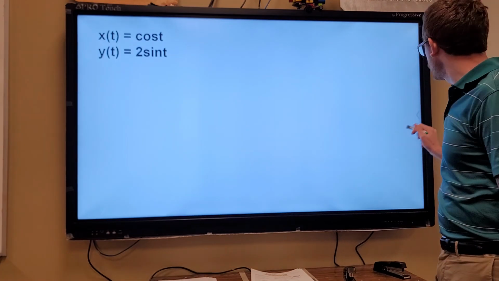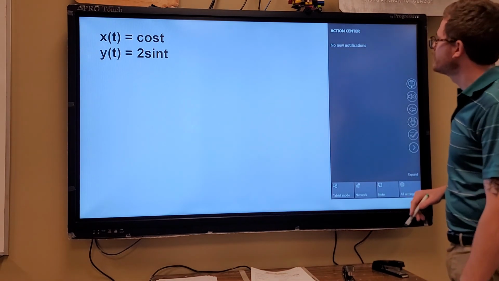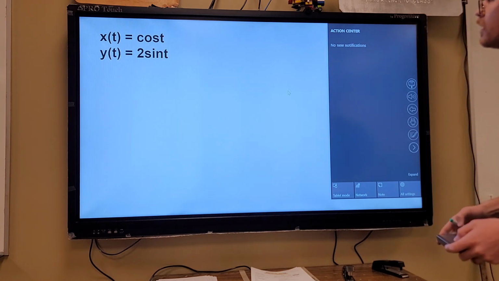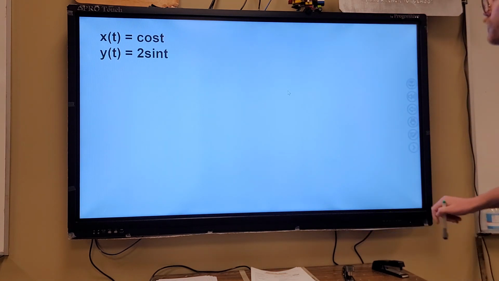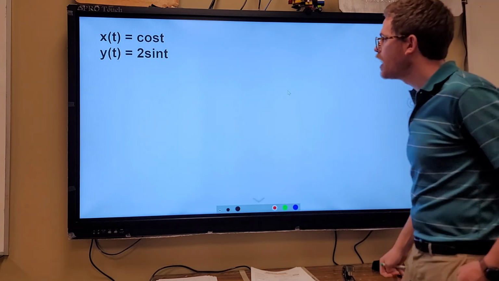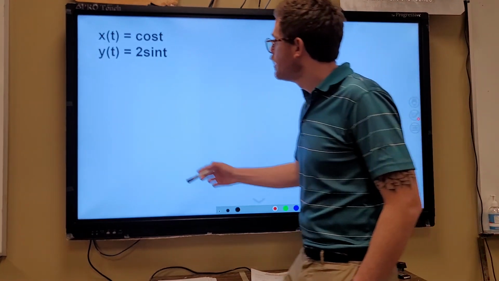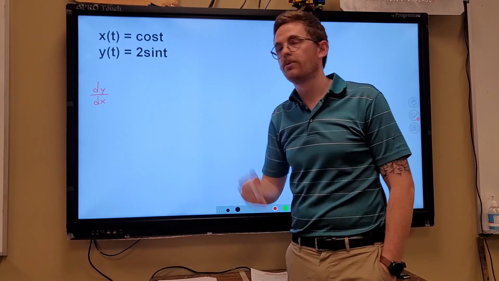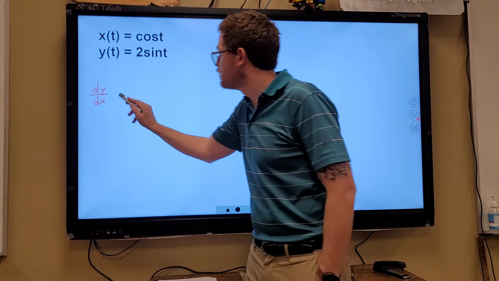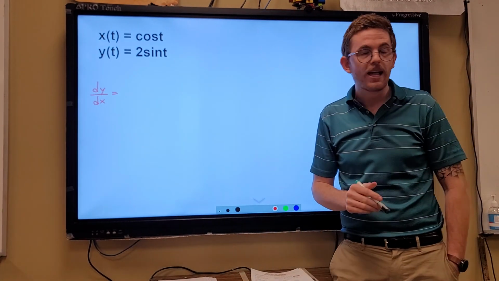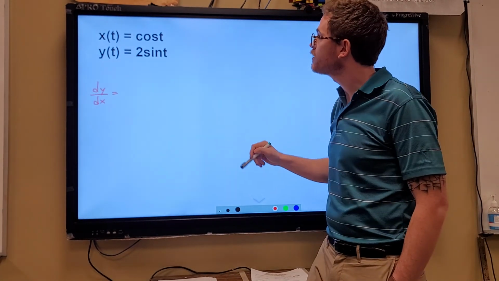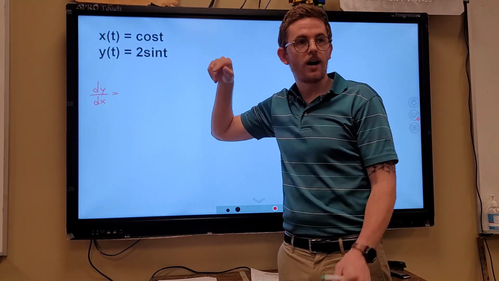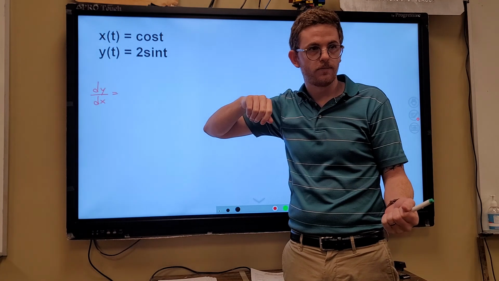So let's talk about derivatives with parametric functions. And we'll start with this one right here. If we wanted to find dy over dx, that seems very reasonable. And if we want to find dy over dx, starting with x of t, that's x as a function of t,